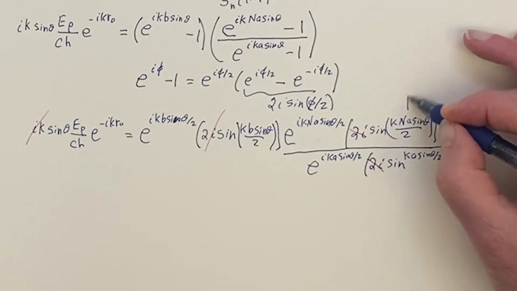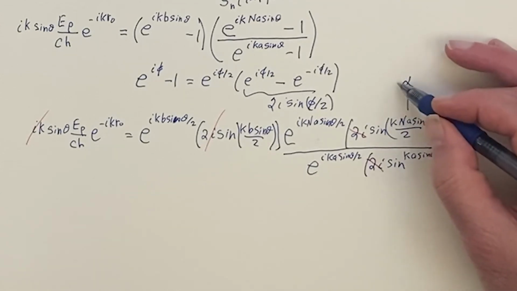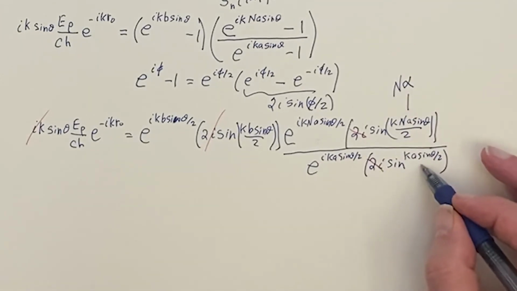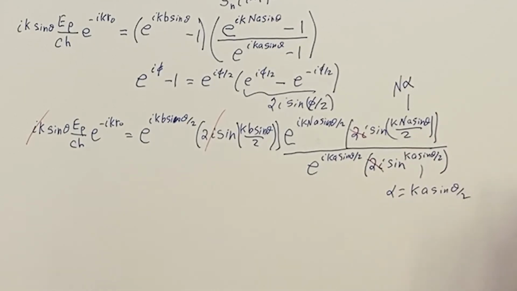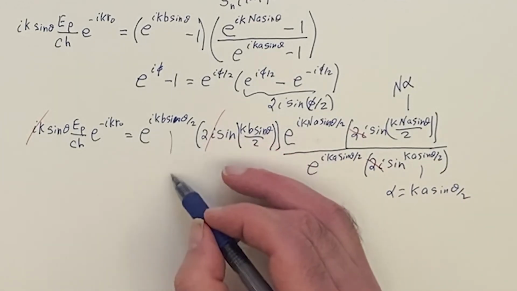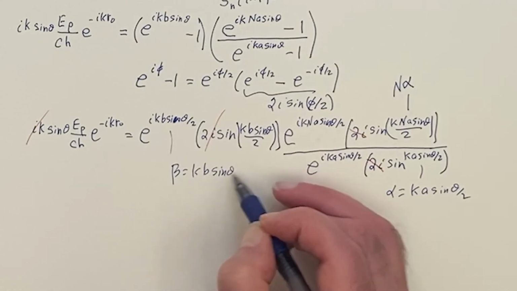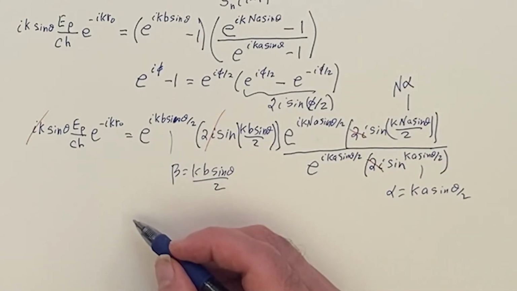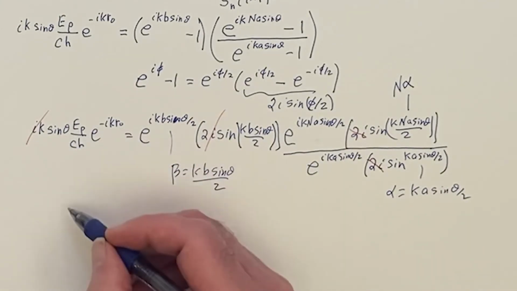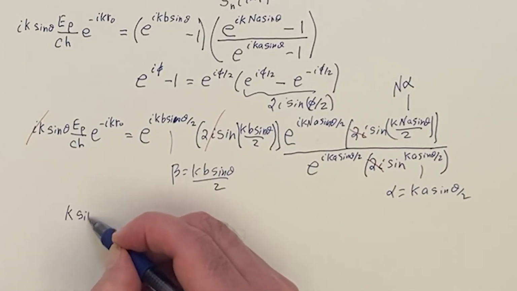We're going to call this alpha times n, because we want this one to be the alpha. We want alpha to be ka sine of theta over 2, and we want this to be the beta, kb sine theta over 2. We did these kind of things before. So if we do that and pull it all together, we'll have over here k sine of theta